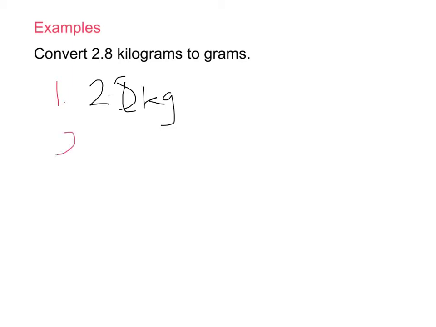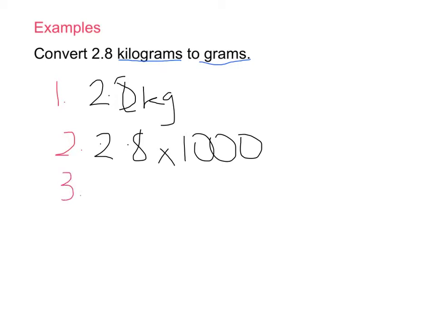So step 2, work out our unit of conversion and multiply: 2.8 multiplied by 1,000. Why have I done that? Because we're going from kilograms to grams, from a larger unit to a smaller unit. Step 3, we simply need to calculate by moving the decimal place 3 places to the right. So my answer will be